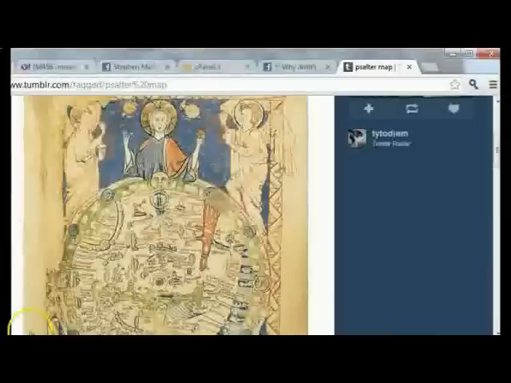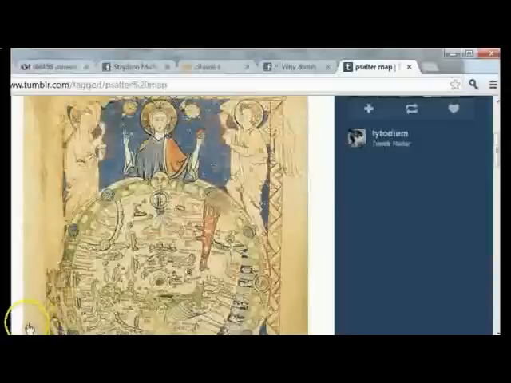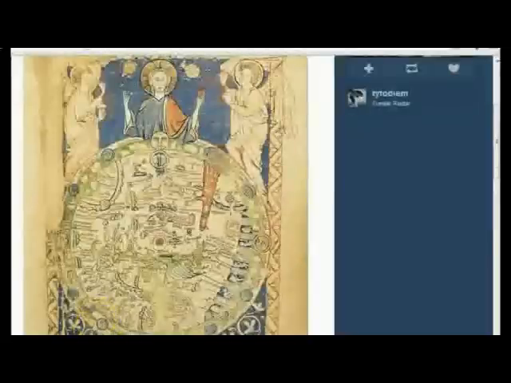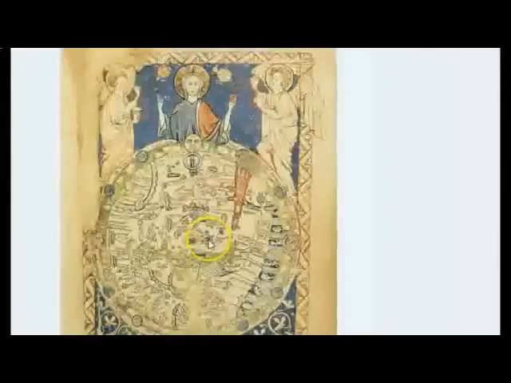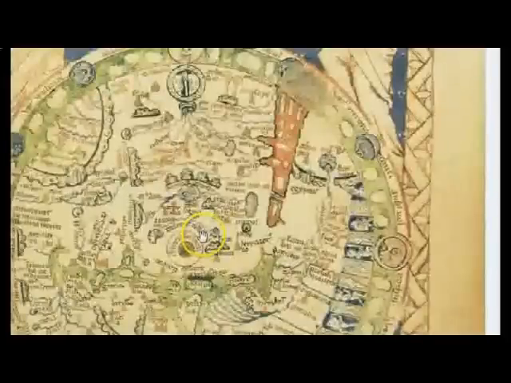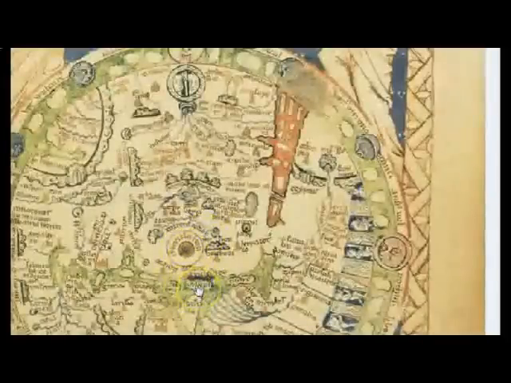Okay, now this is the crowning item, although it's not going to be the last one. This is the largest medieval map in the world, and it has some very important things to show you. Okay, it's called the Psalter map. It's from around 1200 AD, and Jerusalem is at the center. Give me just a moment. Okay, I'm going to zoom in a bit. You can see Jerusalem.